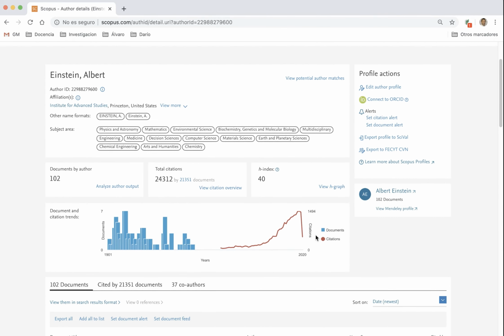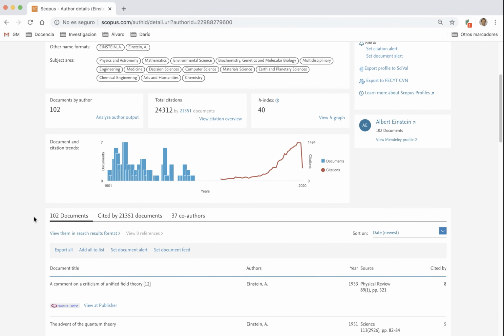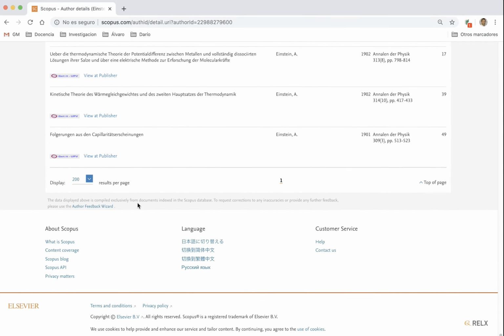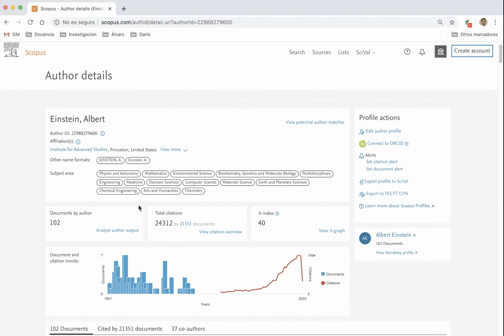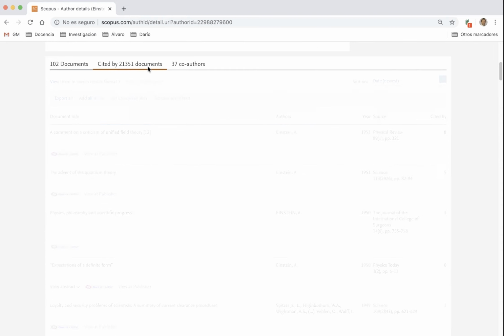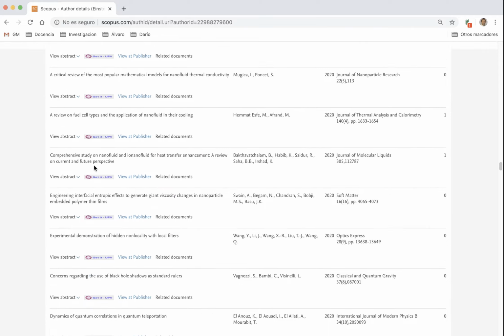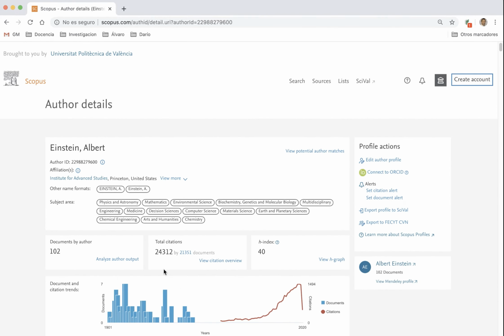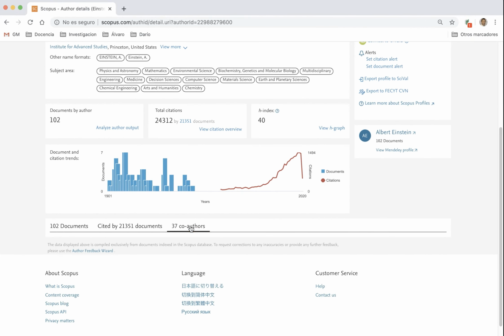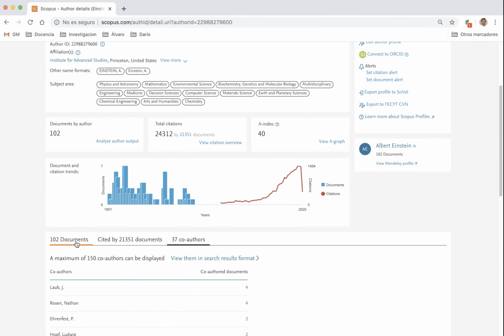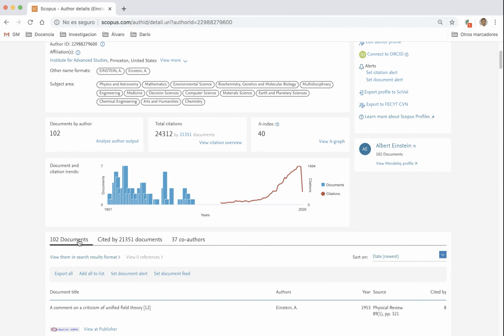You can see that you can even order the items by date, the newest, the last one cited, the ones with more citations. And with the scroll you can access, and you can see how many of them you want to present in each page. For downloading the information, we also have the list of co-authors, and for downloading the information of the documents, we press here,